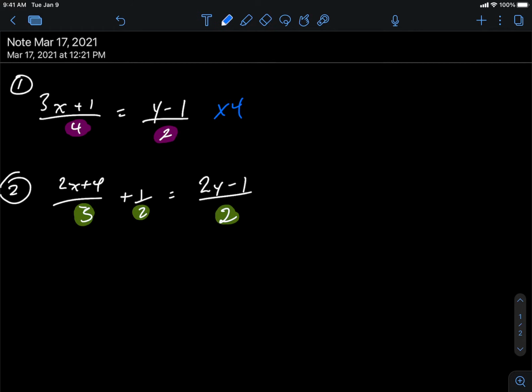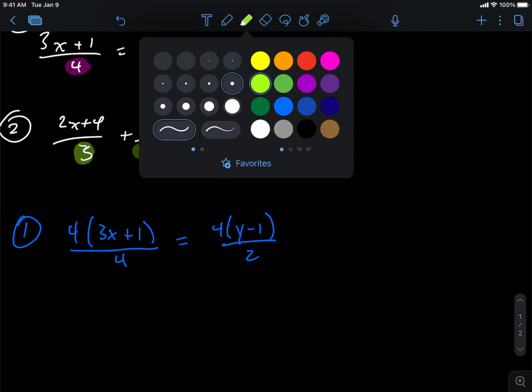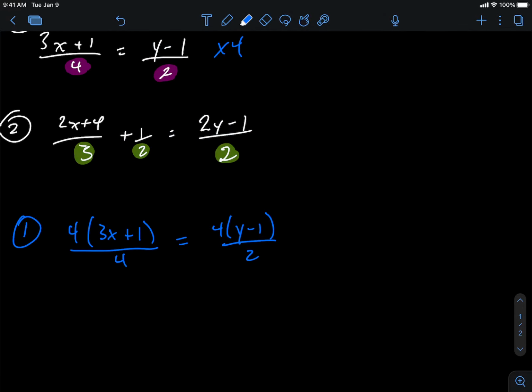And what you'll see here, when I come down and I redo number 1, right? I'm going to write 4 times (3x plus 1) divided by 4. That has to equal y, 4 times (y minus 1) divided by 2. Okay? Now, what you'll see after you've done that, you'll see all of the top is divided by the bottom,